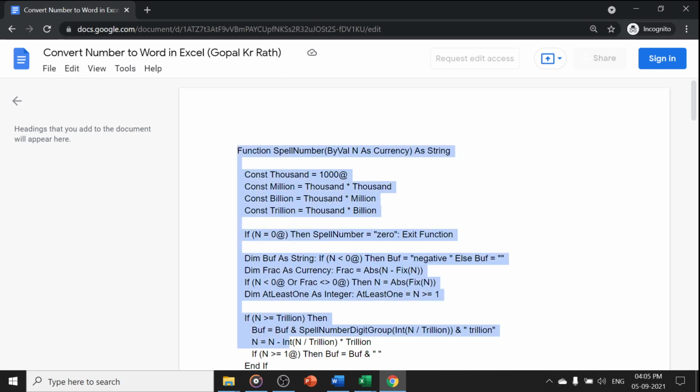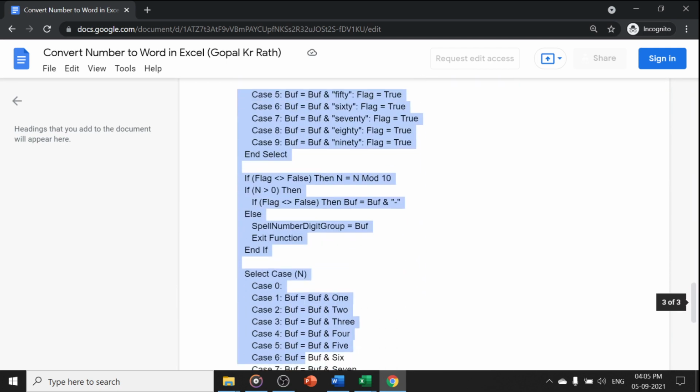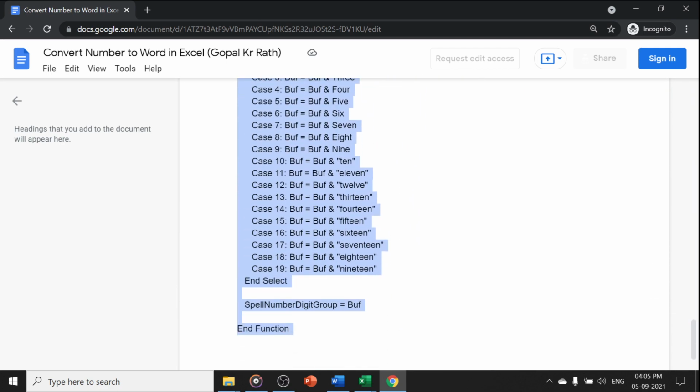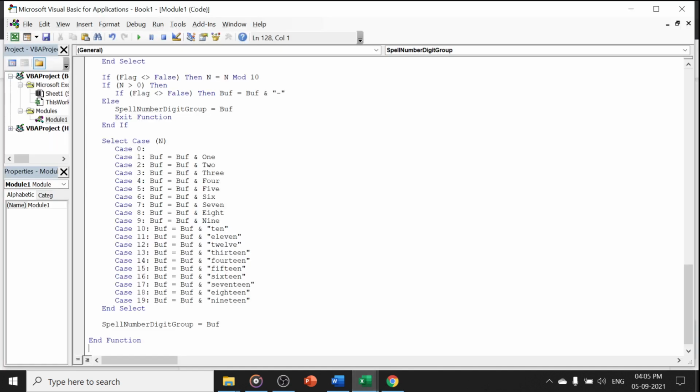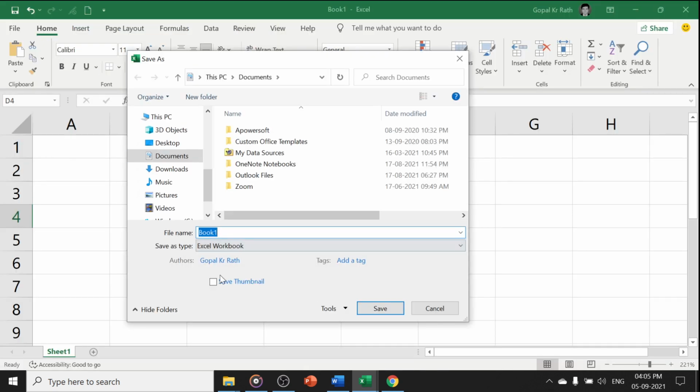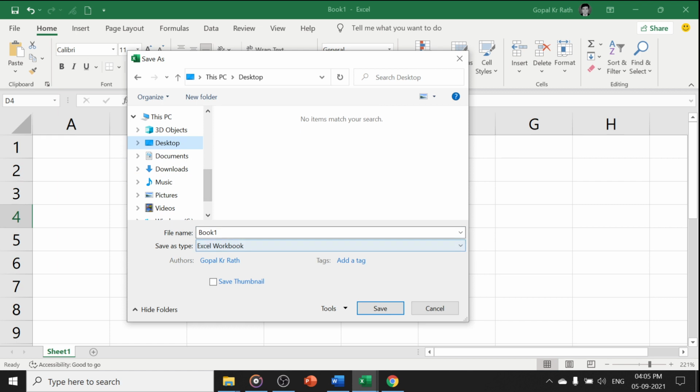In that, you need to copy the entire code. You don't have to make any changes. You just copy the code and paste it here. Now I'm going to save this file. Once you save this file, make sure, let's say I'm going to save it on my desktop,